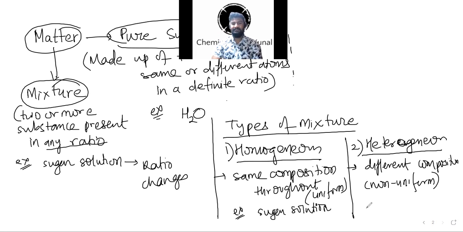A heterogeneous mixture is basically oil in water, sand in water. If I mix sand in water, the sand will settle down and the water will be separate. They will be different layers, right? So they can be identified from a distance also. Oil in water. There can be many more examples of such kind. Okay. Next one,